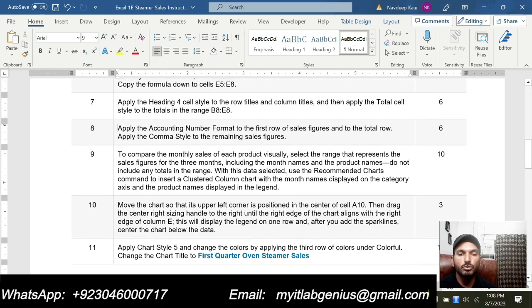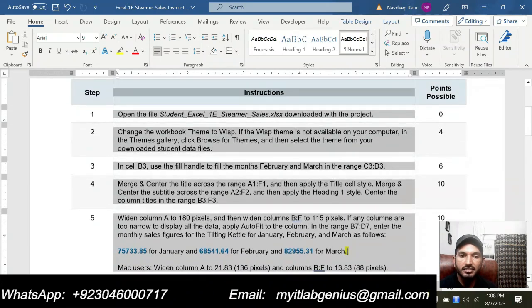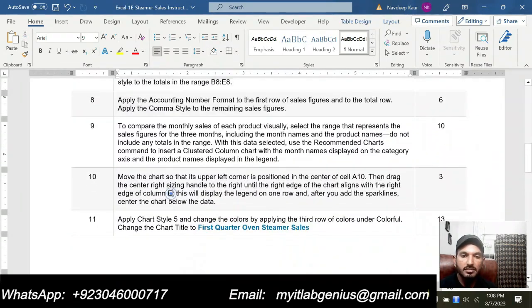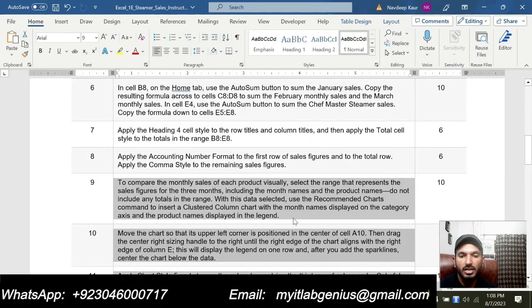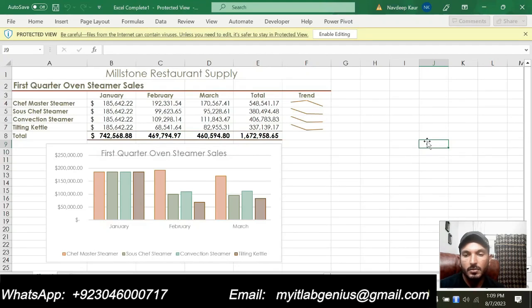So now let me show you the final version for this assignment. So after completing these 8 steps, for the remaining 6 steps from step 9 to 14, I'm just giving you an overview. So let me show you the final version now. So this will be the final version for this assignment. When you apply all the remaining steps, then you will get a final version like this.